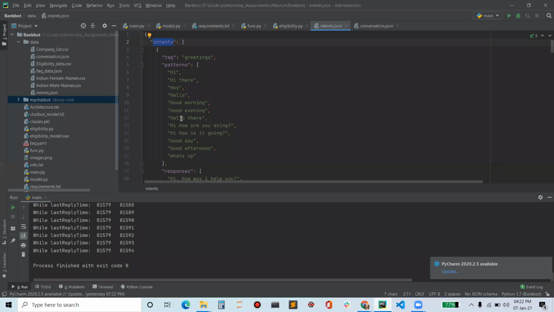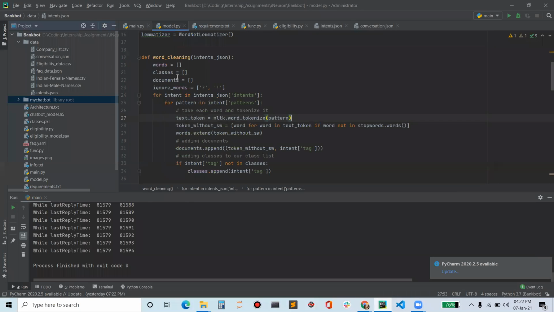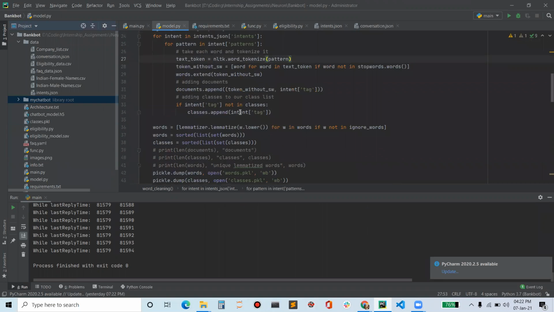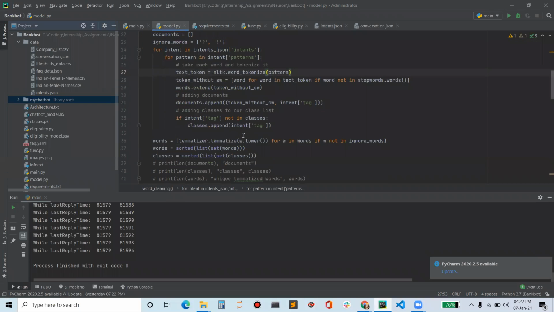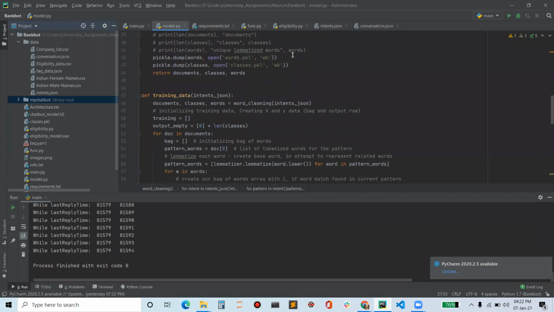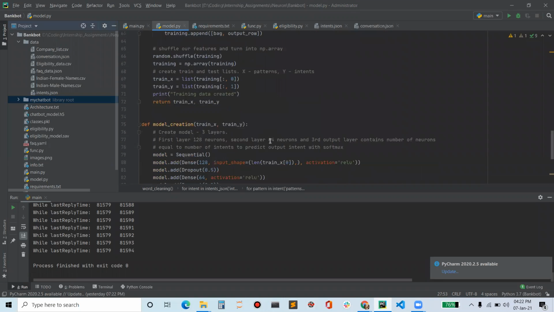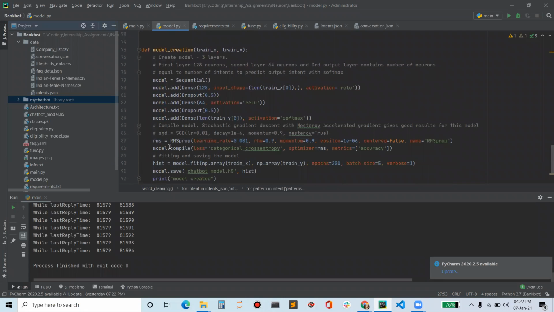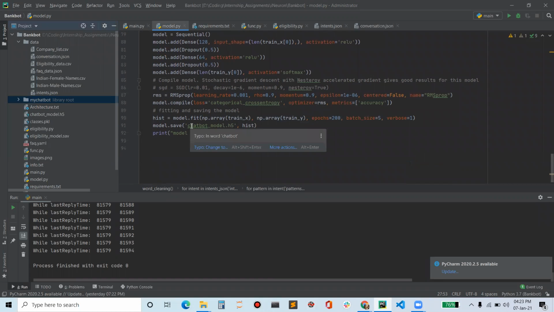If you can see here in the model file, after creating, this is the first function that I spoke about in the first recording, and the second one, which is training data. Now what we are looking at is the model creation. Over here I've used RMS as the optimizer, where the learning rate is 0.001. It still works well, and it gives